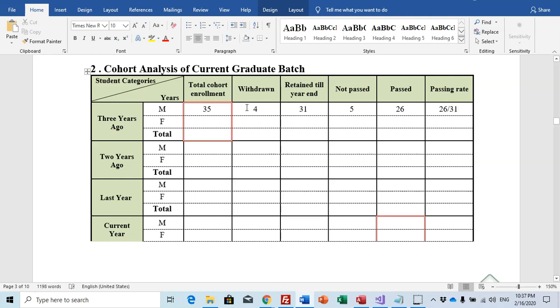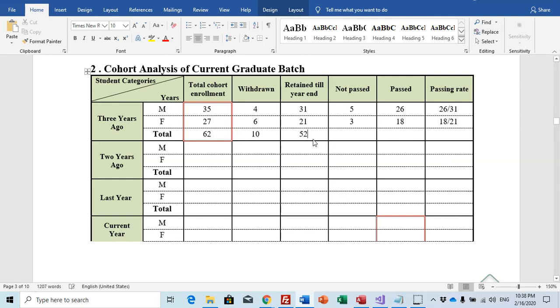You see 4 withdrawn, retained till year end 31 completed, but the passed 26. And for female, for example, 27, withdrawn, for example 6, we have here 21, not passed 3, which means we have 18, and we have 18 over 21. So you have to write the total here.